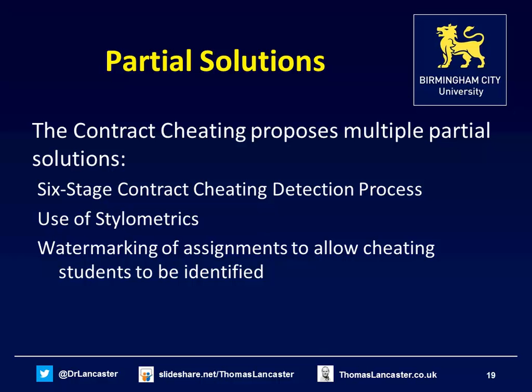We've also made the suggestion for attribution for academics to look at watermarking their assignments, which means putting methods into their assignment briefs that allow the institution to be identified and to allow an individual student to be identified. And these may be very visible, such as names, contact details, but they may be hidden as well. For instance, a unique combination of blank spaces, additional blank spaces at different points which enable a student to be